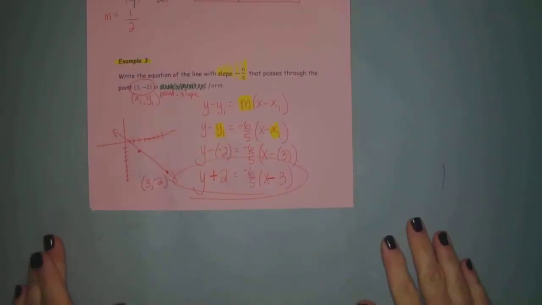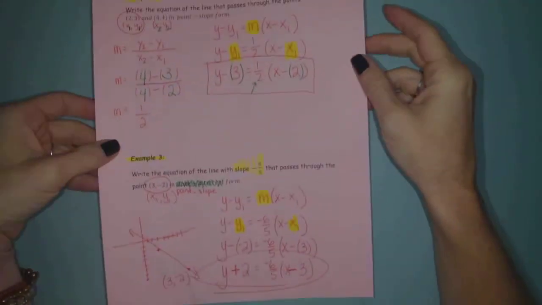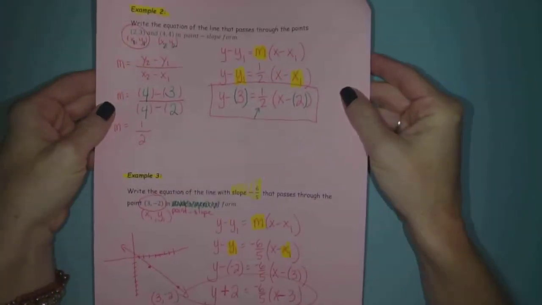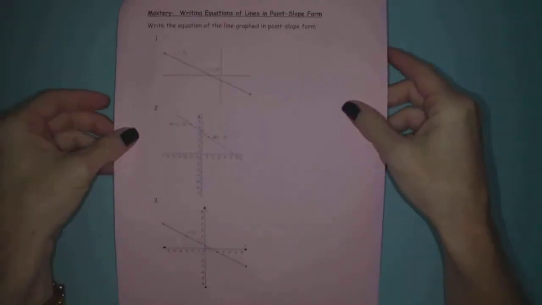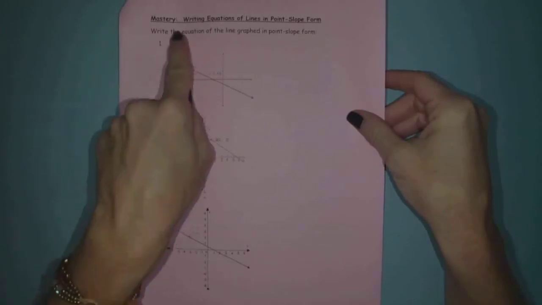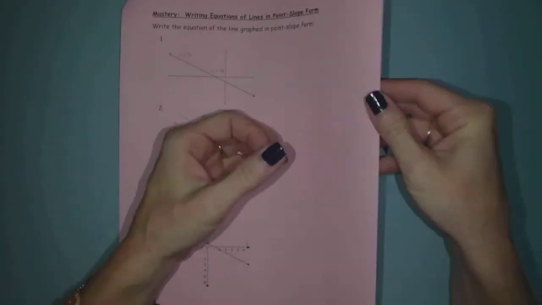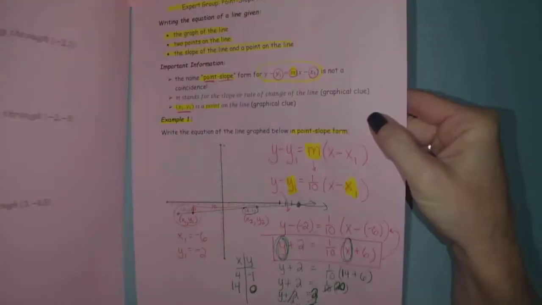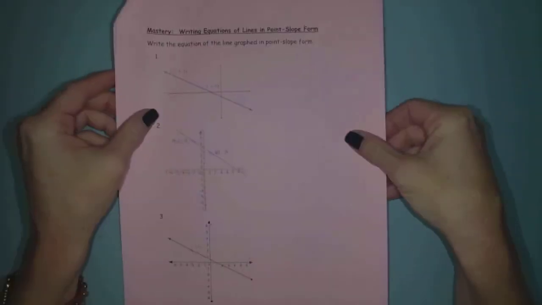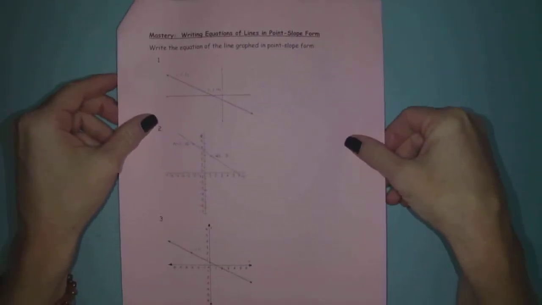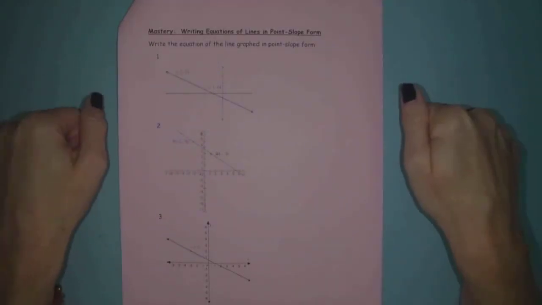Okay, awesome. So you now have all the makings and ammunition here to become an expert and to teach your peers all about point slope form. In order to do that, though, I'm going to request that you finish the mastery and get it checked so you're not doing anything wrong yourself. So there are 15 mastery questions waiting for you to complete here. And then when you have that complete and graded, then we're